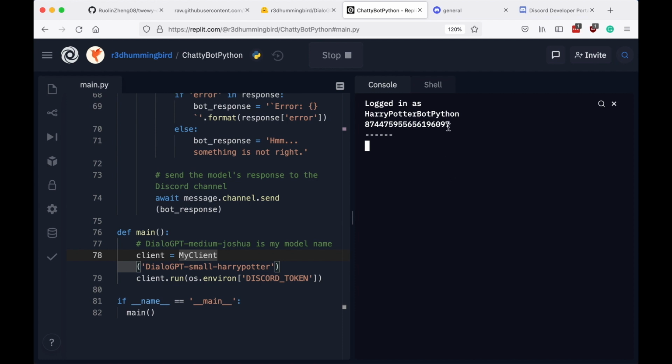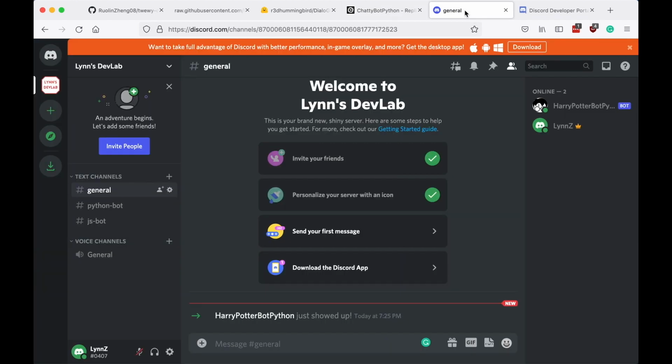Great! Now that our bot has logged in as Harry Potter bot Python, and this is its unique ID. Let's go to the server, and now that the bot is online,